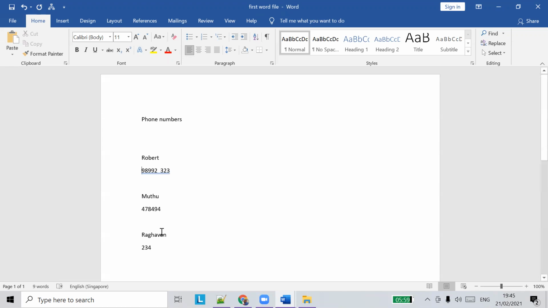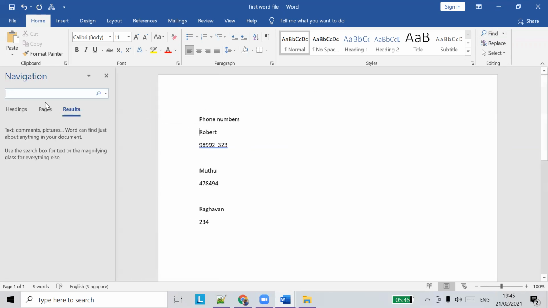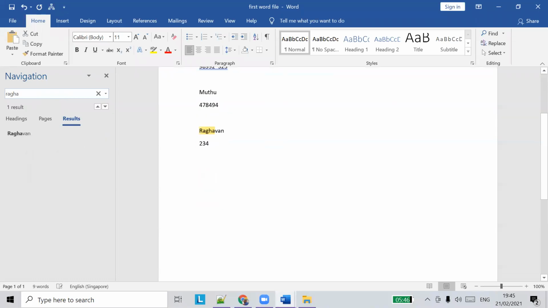So I typed some content, and I am trying to search for it. There is an option called Find here. Click on Find, and if you say Raghavan, now you can see one result is present, and it will show the location.